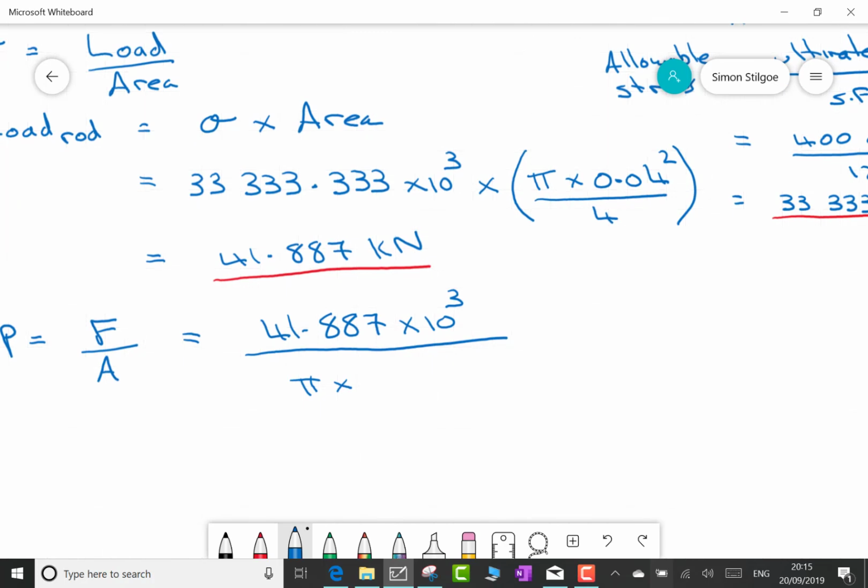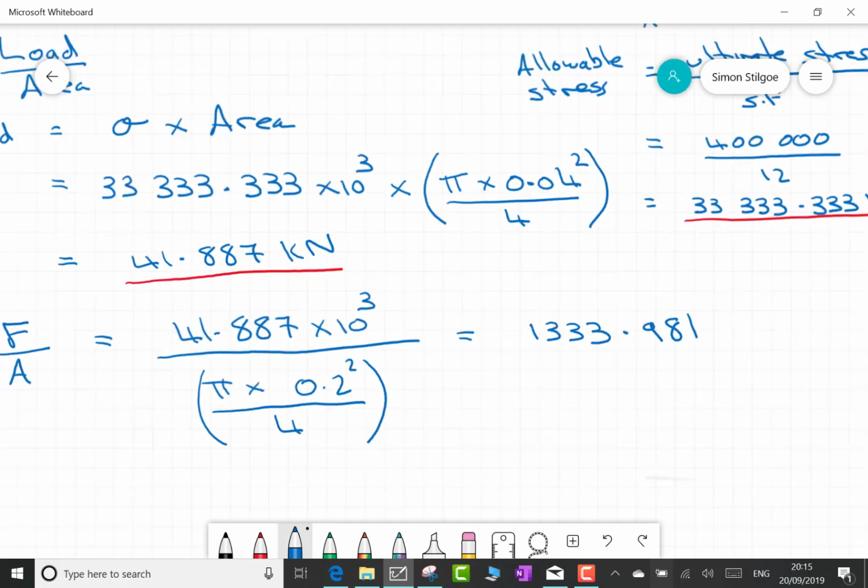There are 100 centimetres in a metre, so 20 centimetres in metres is 0.2 metres. Don't forget to square it and then divide it by 4 for our circle formula. If we stick that through our formula, we come out with 1333.981